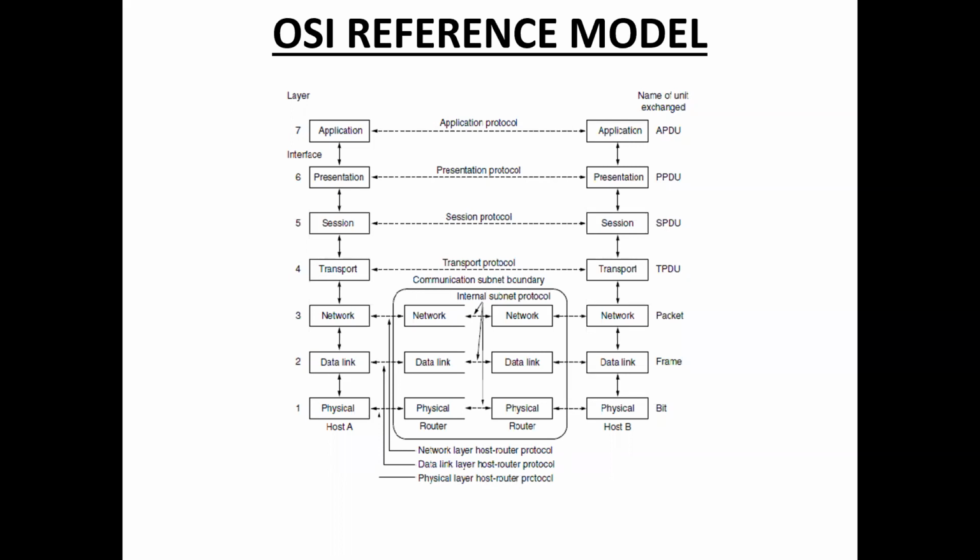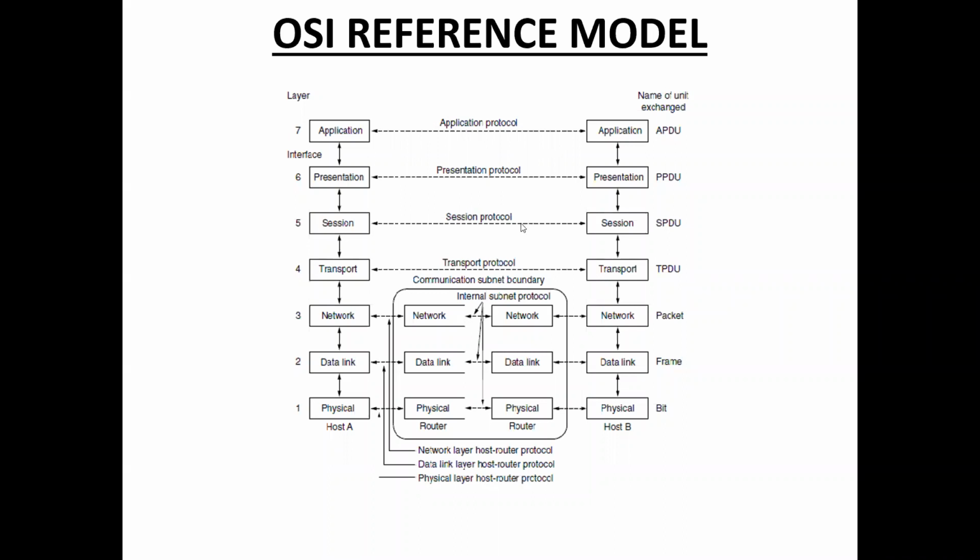Once again, I repeat this. The OSI reference model is developed by the International Standard Organization. It has 7 layers, and each layer performs a particular task. It is a reference model that describes how information from a software application in host A moves through the physical medium to the software application in host B. An interface is a connecting point, and a protocol is the set of rules and standards used to exchange data between two hosts, host A and host B.